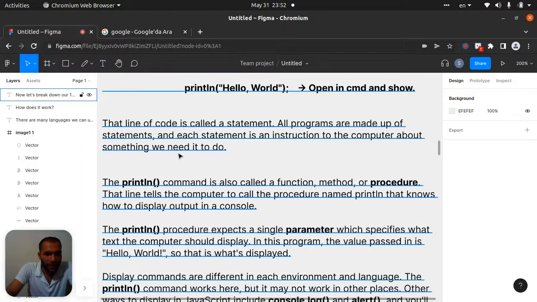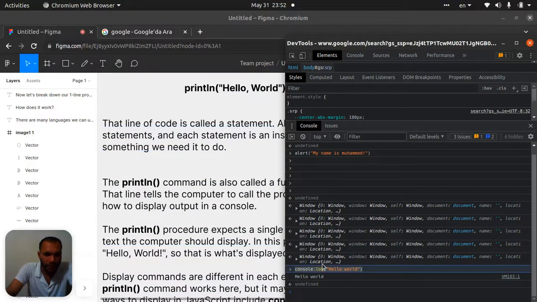So the println, which you can also call the print command, is also called a function, method, or procedure. We can call it like that.